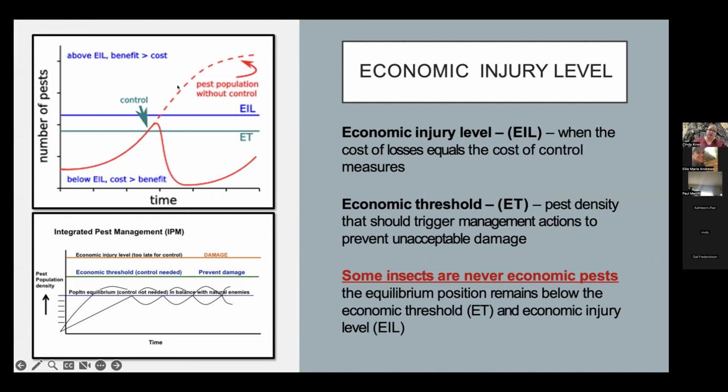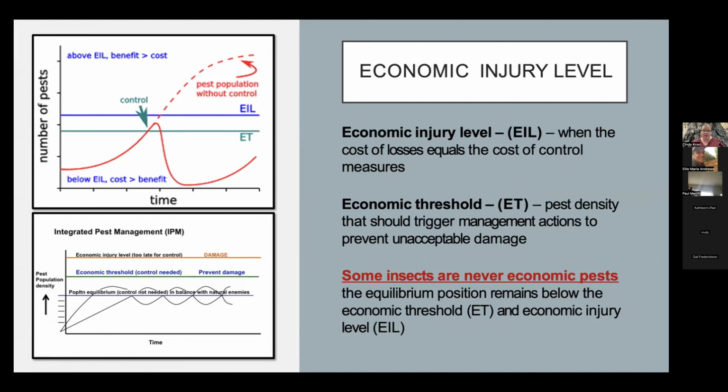It will continue to increase and cause damage that is economic. This is our economic injury level, which is the level above which the benefit to applying a control measure outweighs the cost. It makes sense to apply some type of control measure and spend the money to reduce the damage. Below this blue line, the cost is more than the benefit, meaning it'll cost more to apply a control measure than what you're going to save from the crop